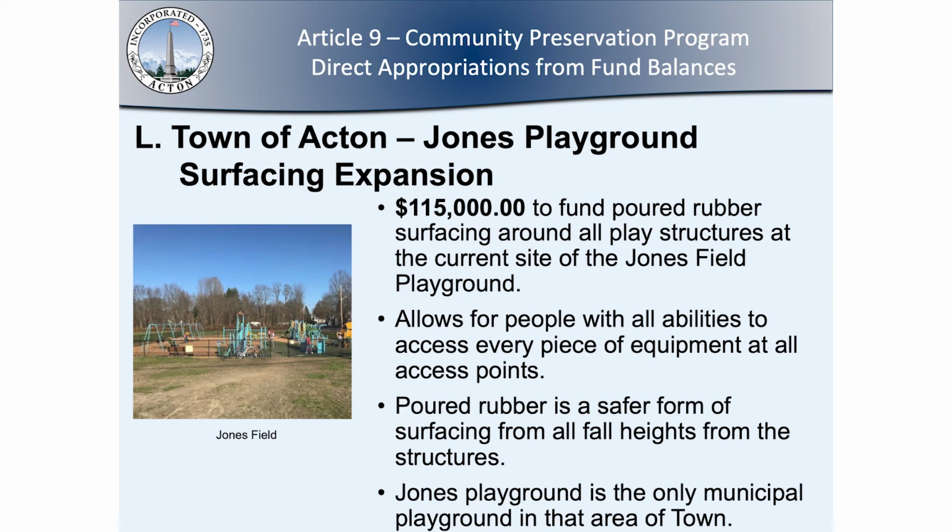Item L, Jones Field surfacing expansion. $115,000 has been recommended to fund poured rubber surfacing around all play structures at the current site of the Jones Field playground. The poured rubber surface will allow people of all abilities to access every piece of equipment at all access points. In addition to accessibility, the poured rubber is also a safer form of surfacing from